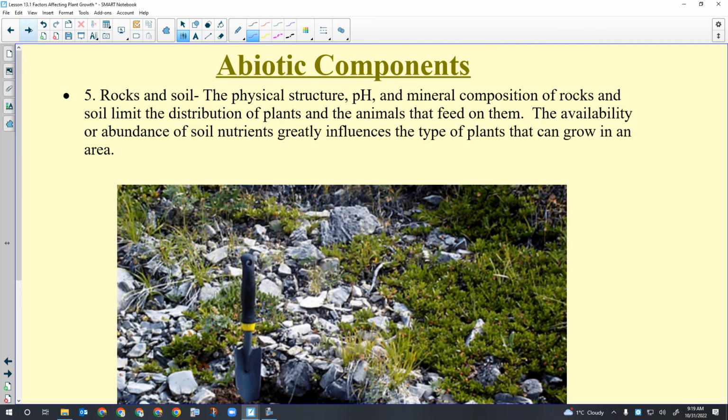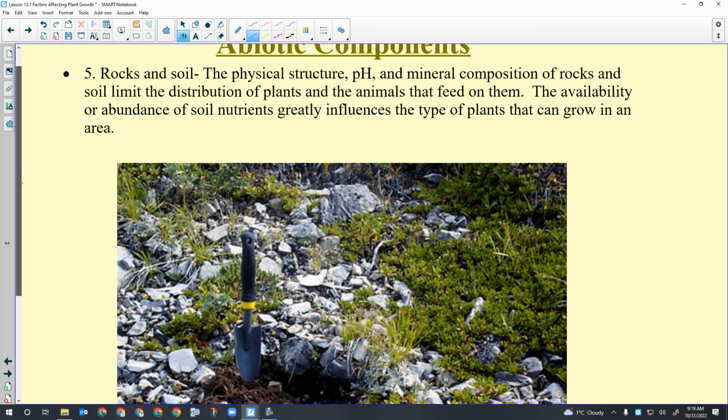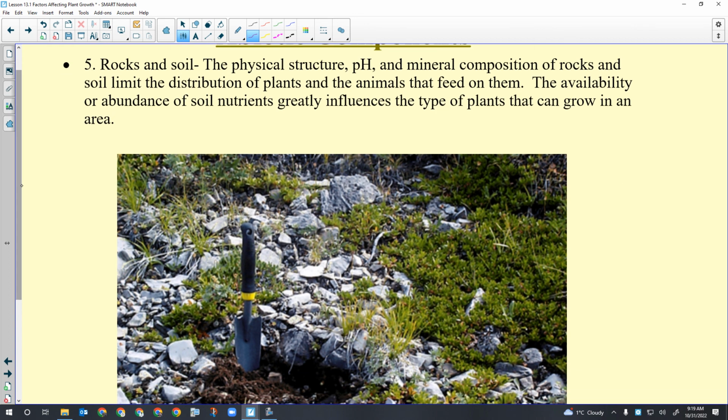All right, rocks and soil. So the physical structure, pH, minerals, all that kind of stuff that are in the dirt, they can determine how much and what kind of plants grow in an area. Around here, we live in a grassland ecosystem. The soils typically are very thick, and so lots of things are able to grow, thick grasses, even trees and stuff like that. Whereas the soil in this picture,